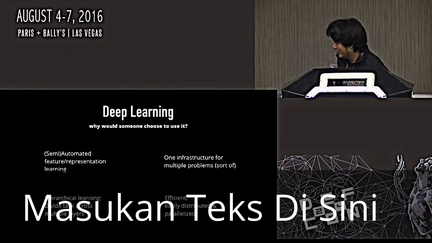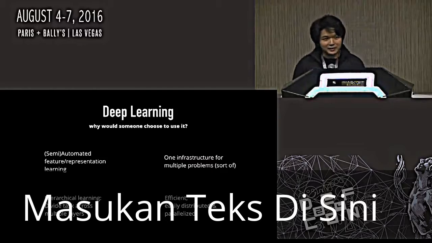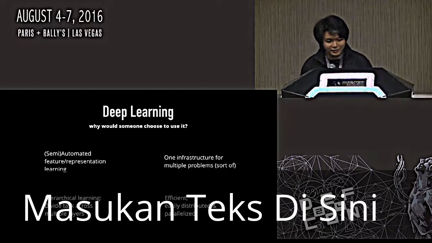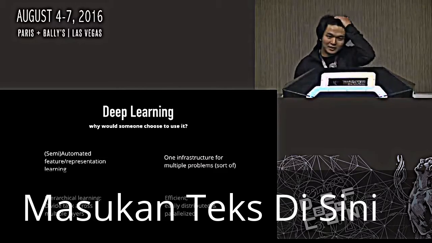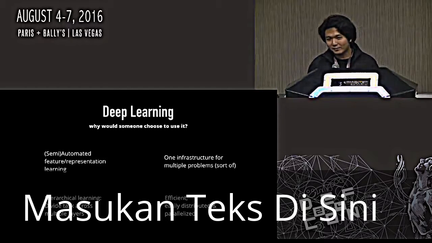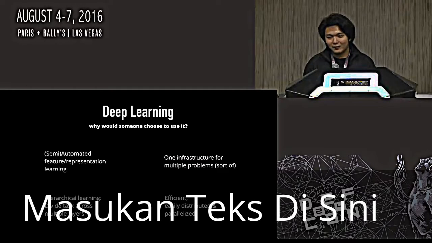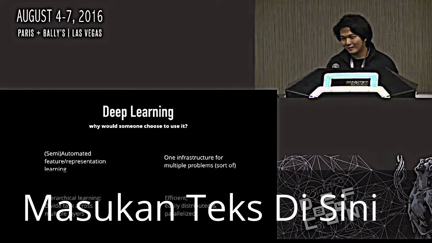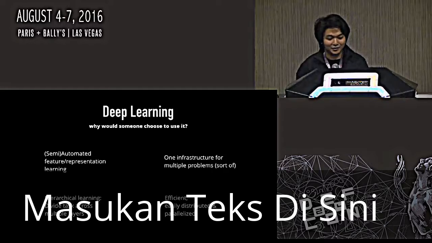Why would someone choose to use deep learning over more traditional machine learning methods like SVMs or linear classifiers, clustering algorithms? The first thing is that when you use a deep learning algorithm, you get some things for free that you otherwise would have to spend a lot of time doing. The most important thing that everyone would point out to you is that you get feature engineering for free. Again, the extent to which that is true, you have to try it out and implement it, and it depends on the use cases that you're using it for.